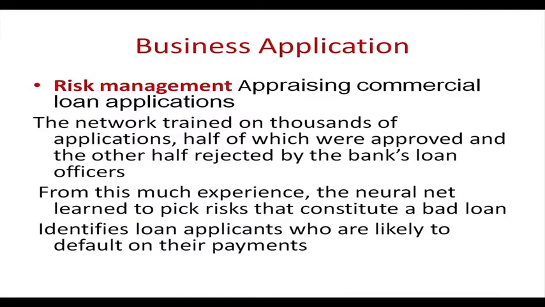where we are going to evaluate commercial loan applications. In this case, suppose you find that a number of people have applied for a loan, some of them were approved and some of them were not approved, right. So, it means that there are two categories that you have created now: loans that have been approved and loans which have not been approved. And this is based on the judgment and the experience of certain procedures or rules that have been followed by the bank employees in approving or rejecting the loan applications. Right. So, once you have got this, then you also see, of those who have been accepted for granting loans, how many of them are going to default at a later stage.